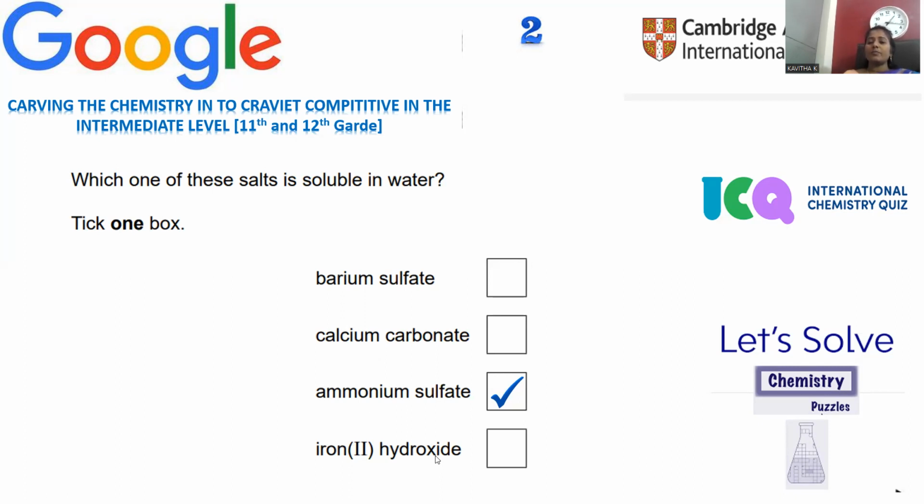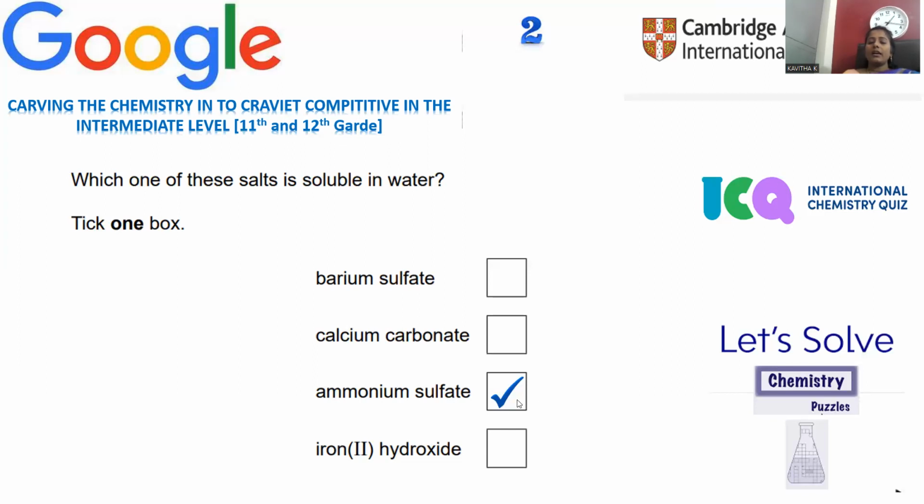Iron 2 hydroxide is sparingly soluble. If you are adding 1 gram, a minute quantity will be dissolved, the remaining will be insoluble. So sparingly soluble means to some extent. Minute quantity water solubility is there, that is called partially soluble. And barium sulfate is completely insoluble, calcium carbonate is insoluble, ammonium sulfate is a well soluble salt in water, being an ionic